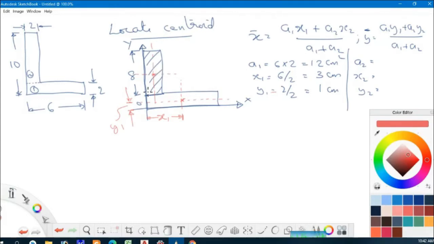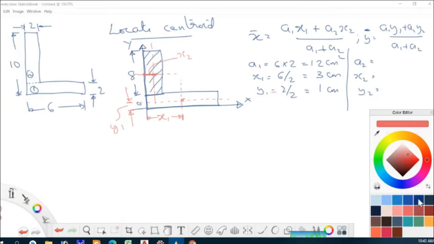Okay, so what is x2? X2 will be the distance from the y-axis to the centroid of this rectangle, the second part. X2 is this distance. This is x2. It's clear? X2 will be equal to 2 by 2, because this total width is 2 and it should be along the midpoint, and that will be 1. X2 is 2 by 2, it is 1